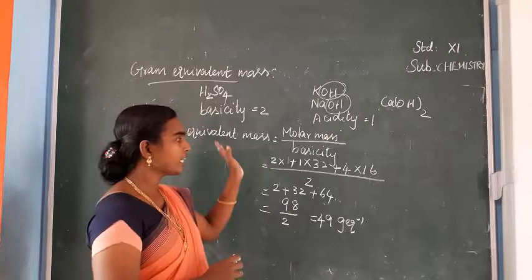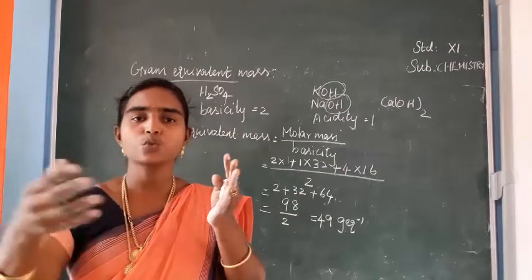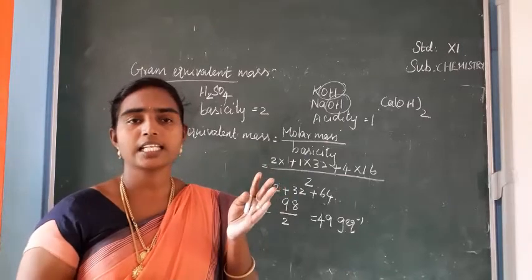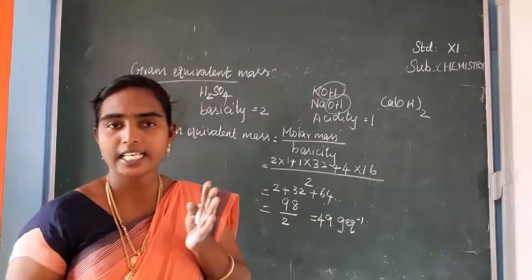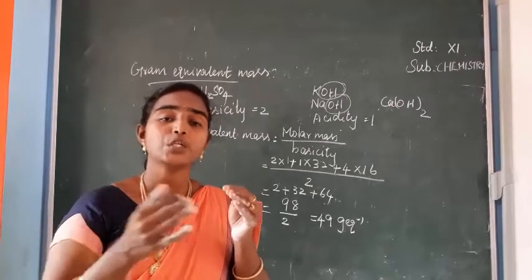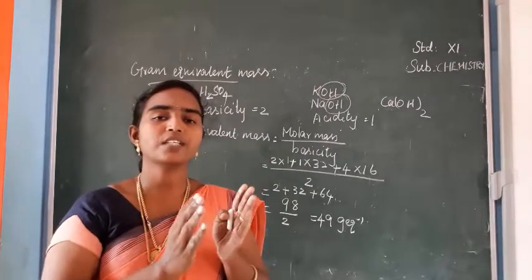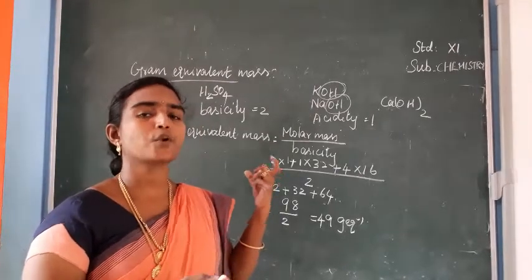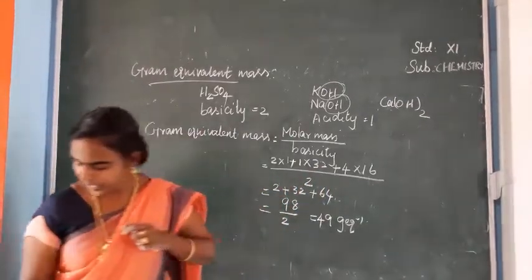Is it clear? So next, after this gram equivalent calculation, you have in 2-3 pages the types of reactions, isn't it? That is combination reaction, decomposition reaction, then disproportionation reaction, redox reactions. These equations and definitions are given along with the equation. So you have marked in your book. You have to study the definition, and along with that the equation also. In the first lesson only problematic questions I will discuss. Okay. So here next we can see